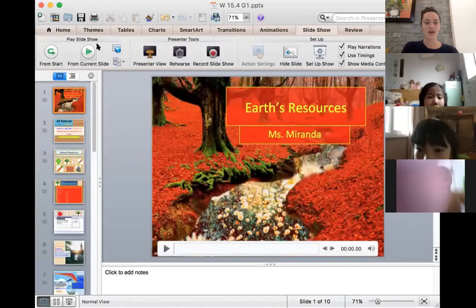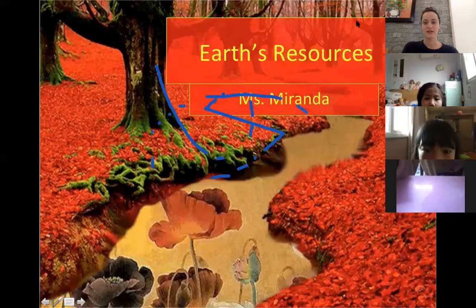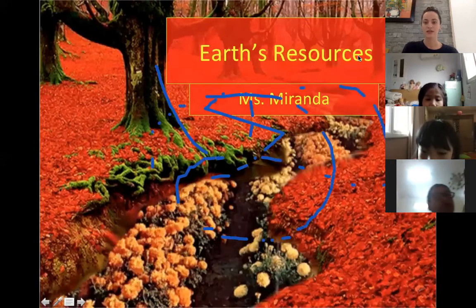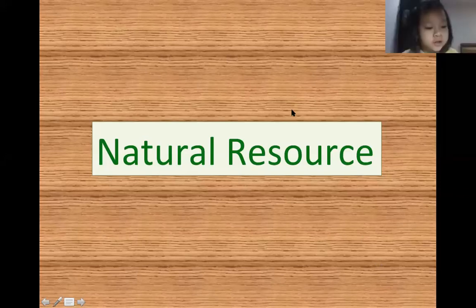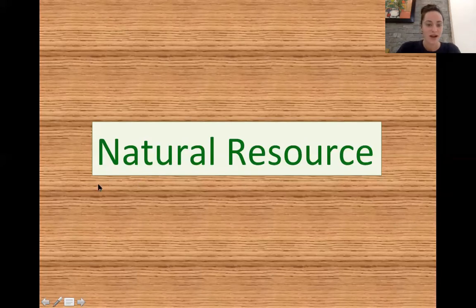And today we are going to continue to talk about Earth's resources. All right. First, before we go over homework, let's do a quick review of natural resource. What is a natural resource? First, can everybody say that word? Okay, everybody say natural resource. Natural resources. Very good, natural resource. So remember,